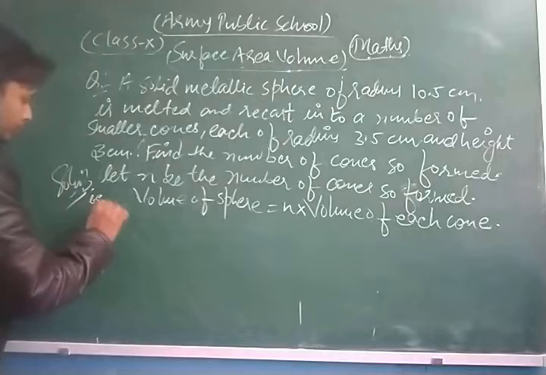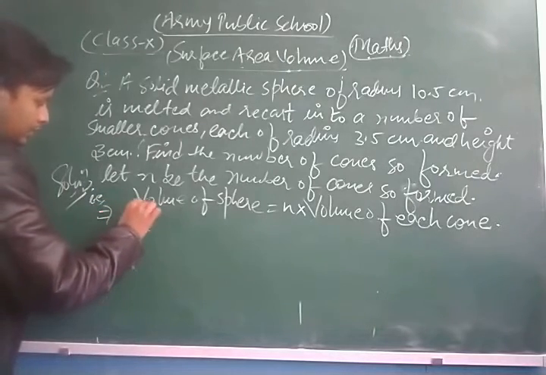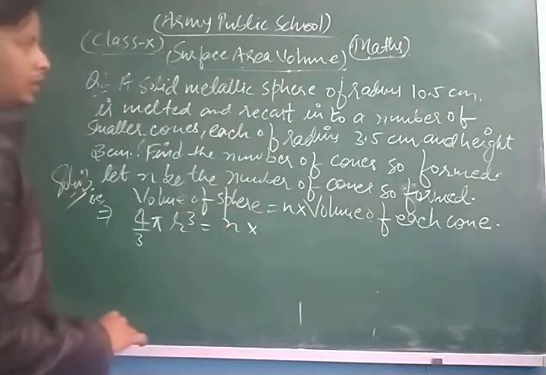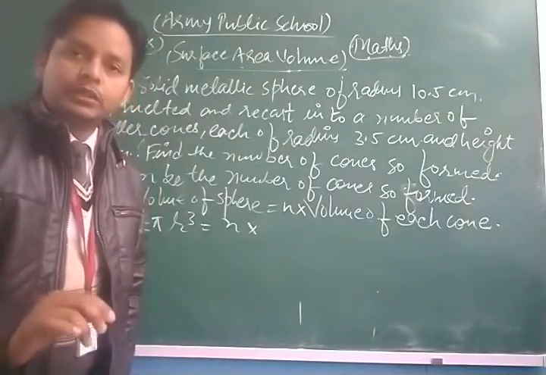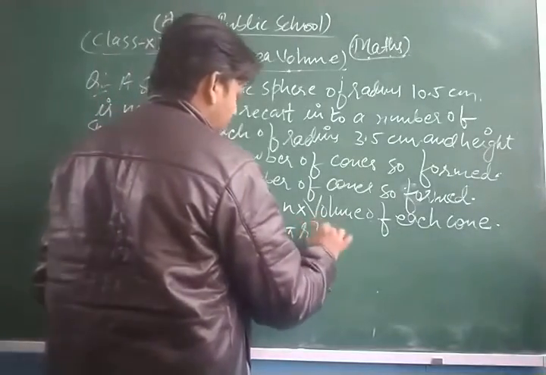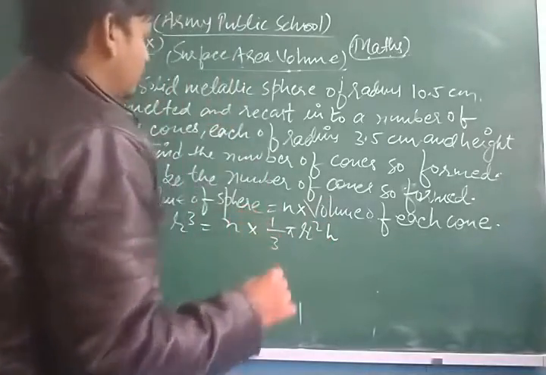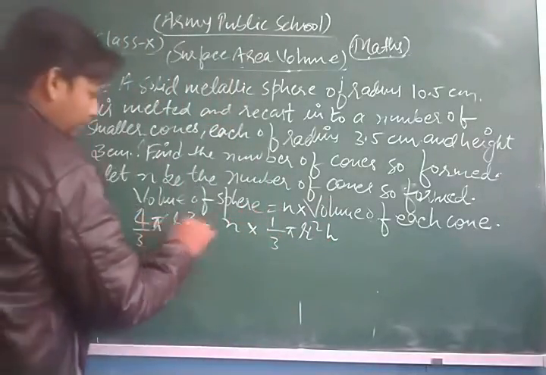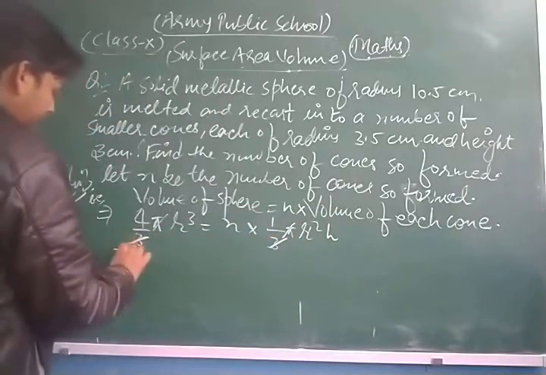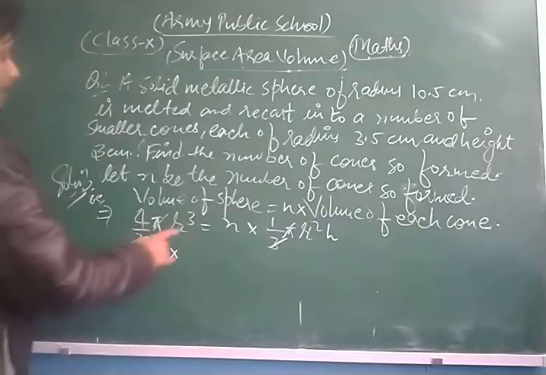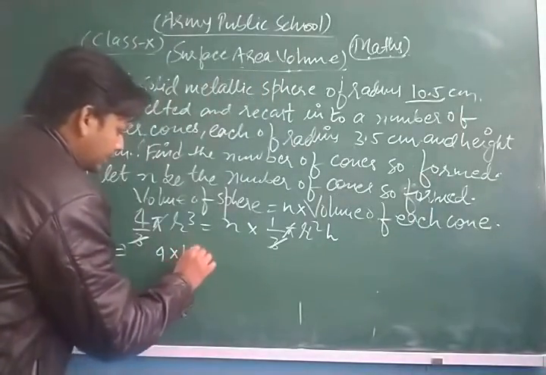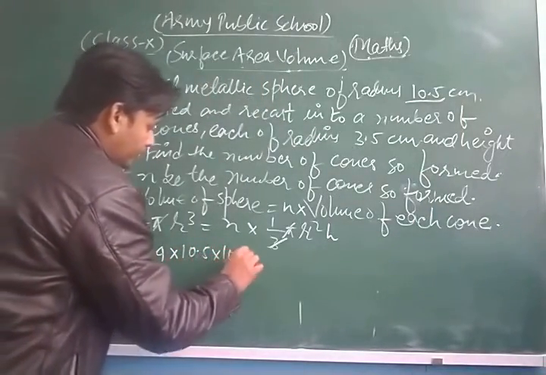Now the volume of a sphere, you know the formula, is 4 by 3 pi r cube, equal to n into the volume of each cone, which is 1 by 3 pi r dash square h. Now pi and 3 cancel each other. Now we put in all these values: 4 into r cube, where r is the radius of the sphere, 10.5 centimeter. So here we get 4 into 10.5 into 10.5 into 10.5,